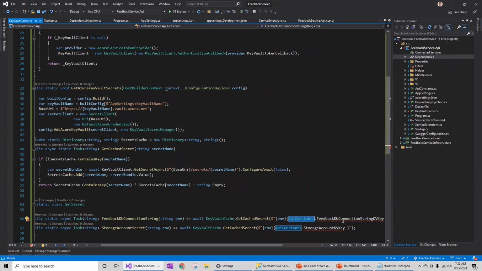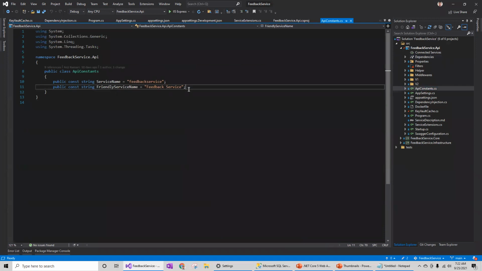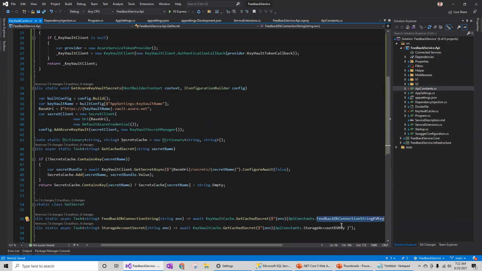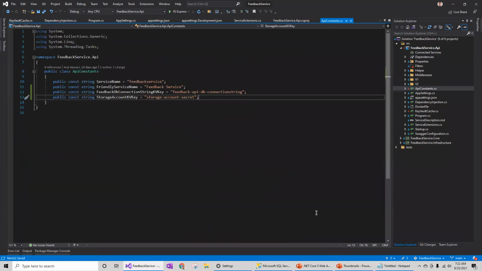So let me first create the keys for these files. Since I already have the API constants, I'm going to add those two keys so that I won't get these errors. Now I added those keys already, and these are my key vault keys.